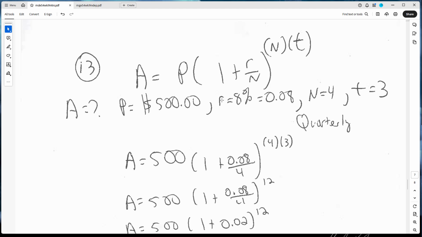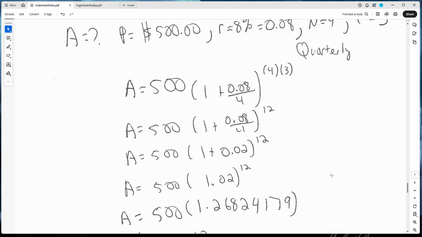The next step is I plugged into the formula and took care of the exponent: 3 times 4 is 12. Then I take care of what's in the parentheses. I have 0.08 divided by 4, which is 0.02. Then I add 1 to it, so I have 1.02 raised to the 12th power, which gives me this number here,